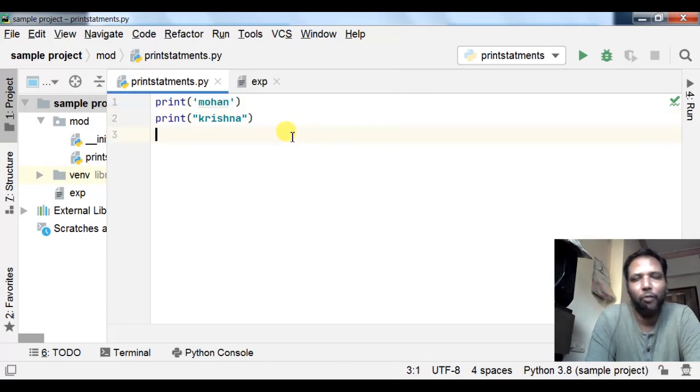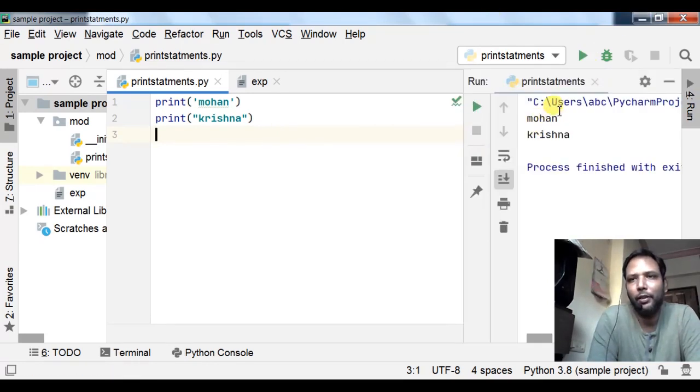Now what will be the output? Mohan will be printed, and on the next line Krishna will be printed. I am running it. See here, Mohan is printed, then Krishna is printed in the next line.